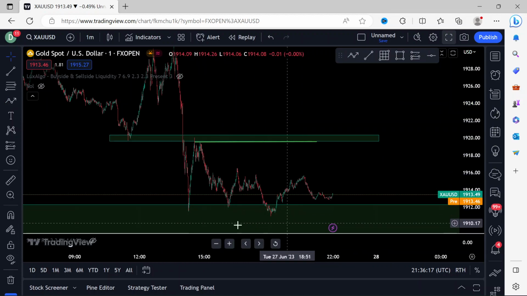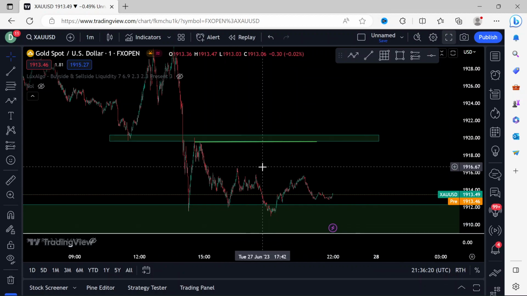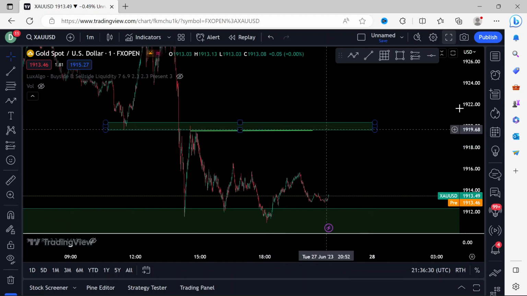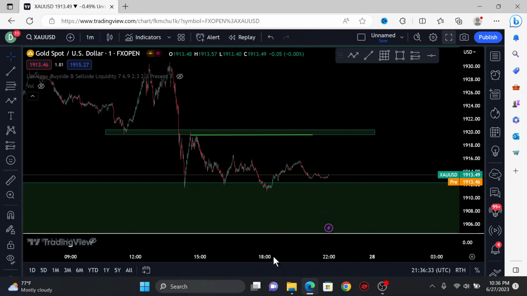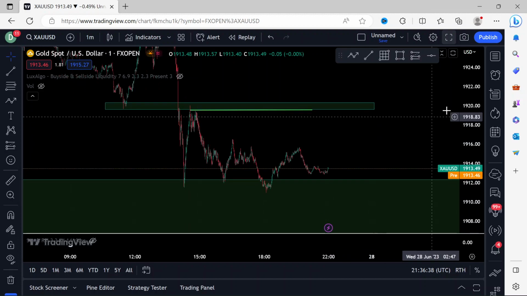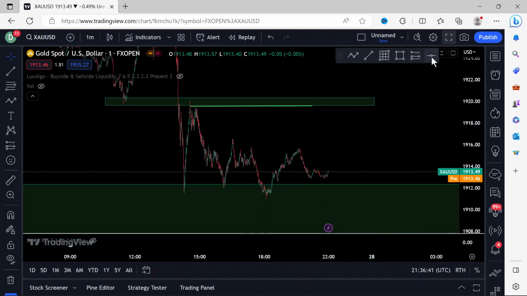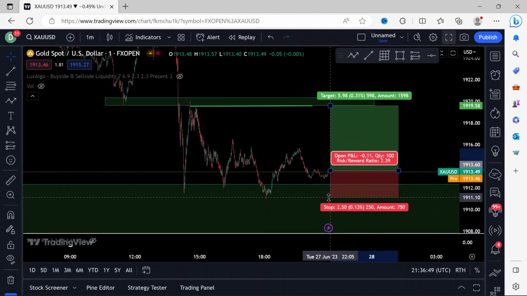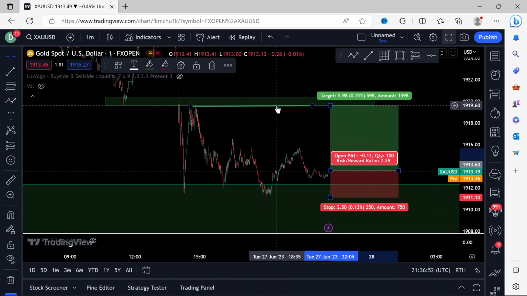Since price has tested this support zone so many times, we can also say that sellers are weak to push the markets down. So we can also look for buying opportunities, but then we don't buy too much, as we introduce what we call scalping. So with scalping, we buy to the recent resistance, as we can see. So we can also buy from here to hit this particular resistance,